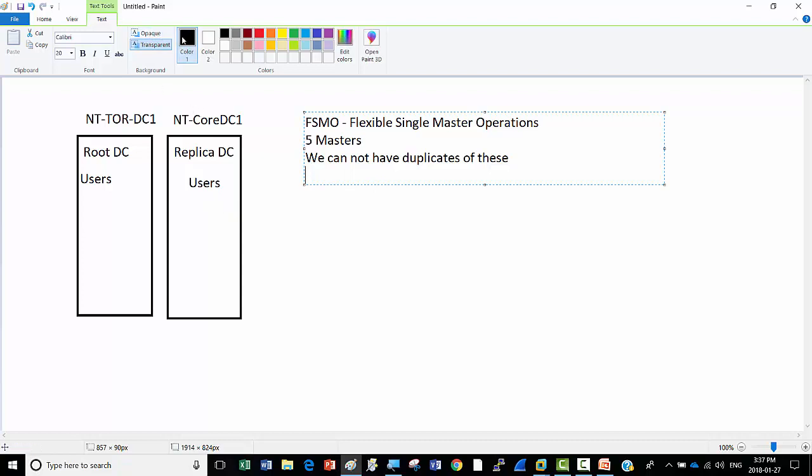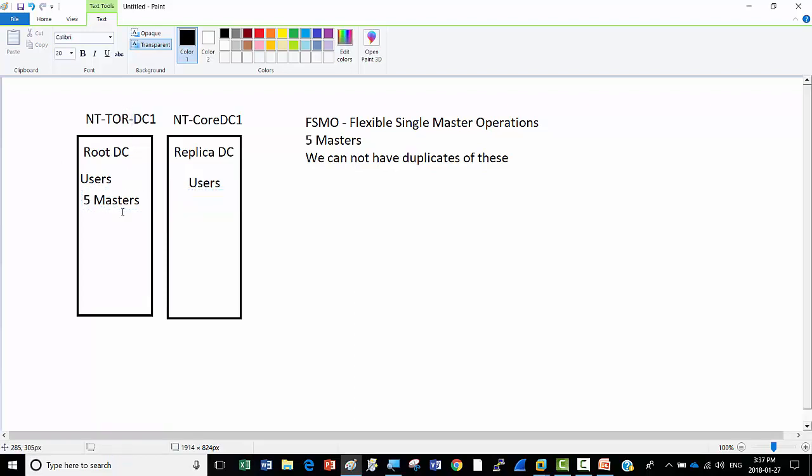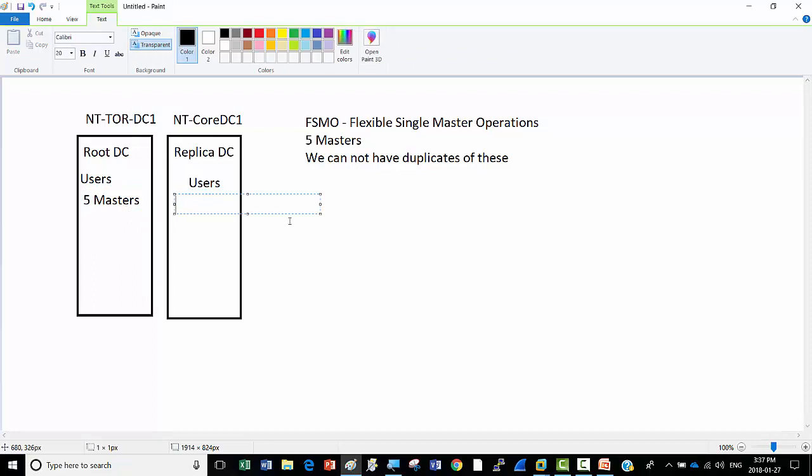Right now, all of our roles are on our root domain controller. All 5 operations master roles are sitting on our first DC, NT-TOR DC1. First we will gracefully transfer the roles to our core DC1, the second domain controller, the replica DC,